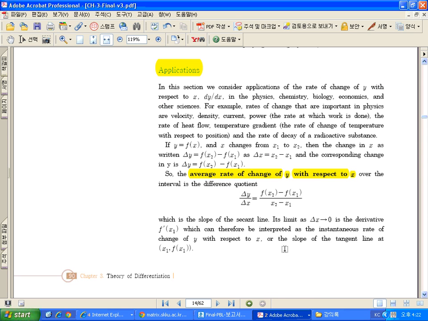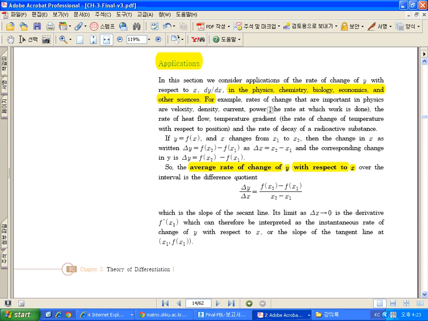Okay. There are many. The application of derivative is so diverse. It can be applied in physics, chemistry, biology, economics, and other sciences. As I mentioned before, the derivatives has many different names in different disciplines. Okay, and this is another